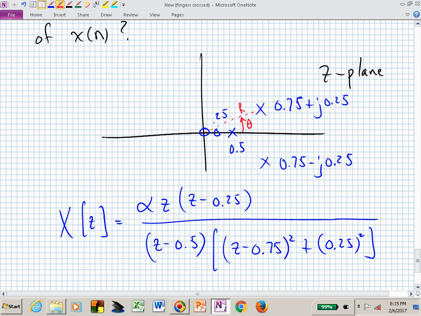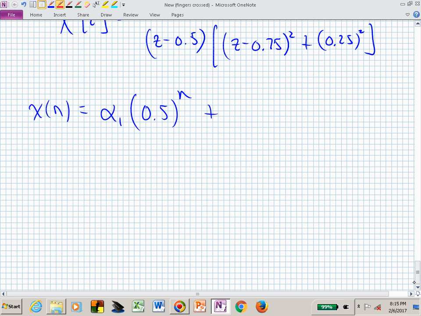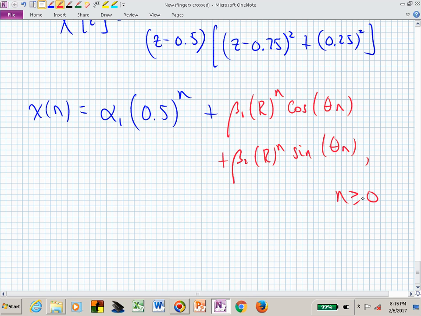So once you're given these complex poles, you can now say, oh, I know that that's now beta 1 r to the n cosine of theta n plus beta sub 2 r to the n sine of theta n. And I said, let's go ahead and let this be right-sided, or have our region of convergence outside,